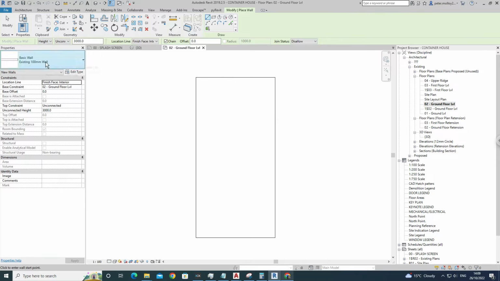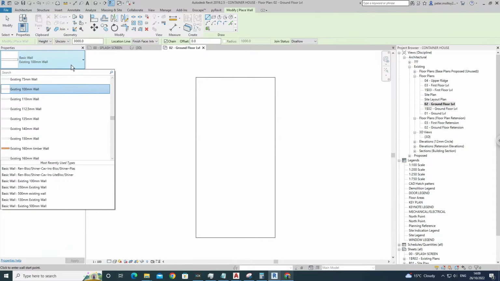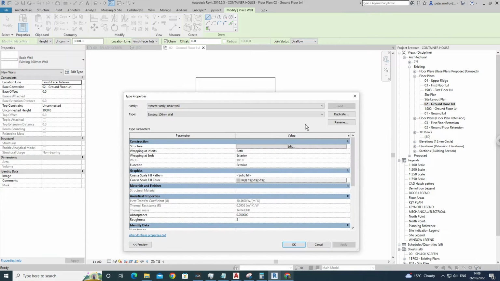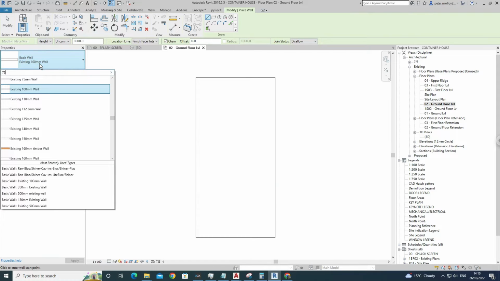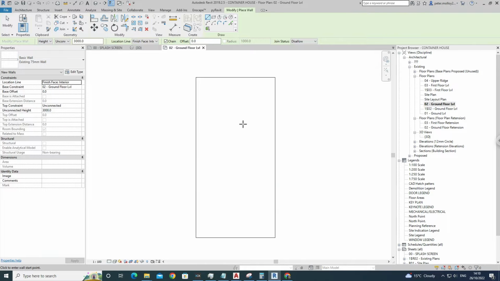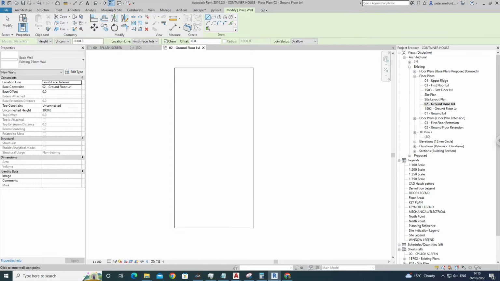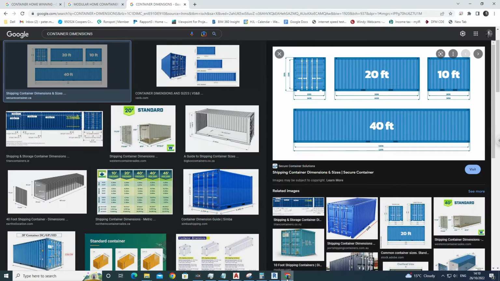Okay, so we'll just take a container construction as, we'll say it has a 75mm wall. So this one is 100mm, as you can see. So we already have a 75mm wall here. So I'll just come in here, 75. So it's all roughly done just for the sake of example, but you can work out the dimensions yourself, whatever your walls may be. So as you can see here, a 40-foot container is 12191